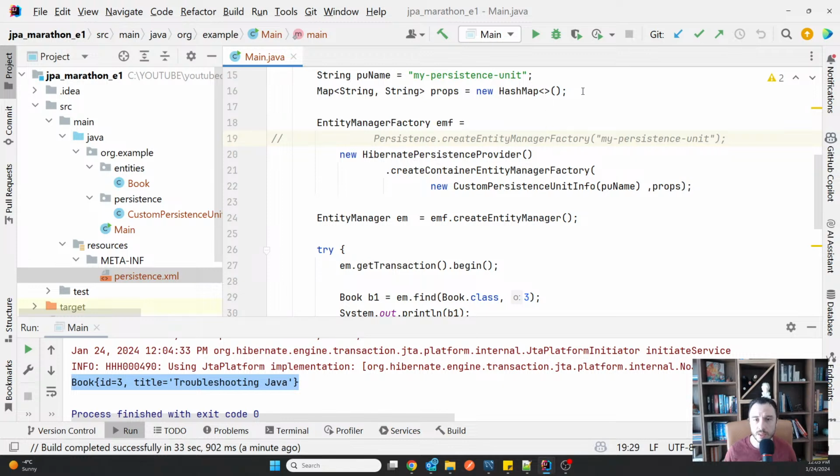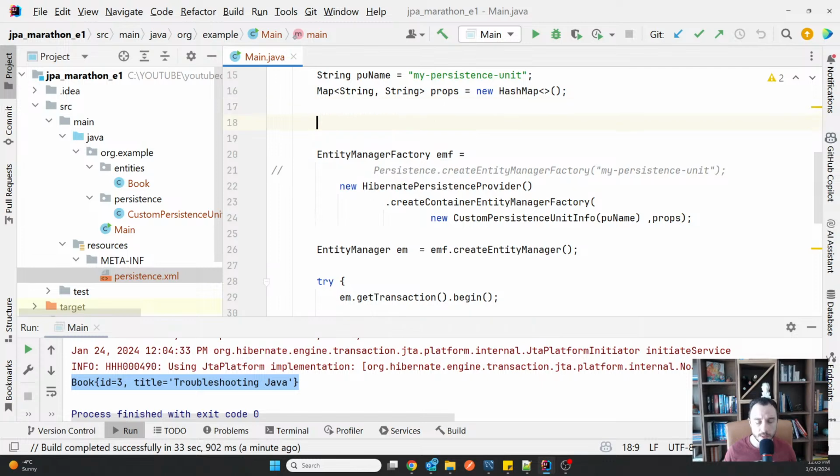The only thing I would like, however, to add here is a set of properties. So maybe you wondered, okay, I had to put this prop map here, but it was an empty map because, of course, I'm not forced to use any properties. So it's not a must for me to use any properties. I can provide them if I want, or I can simply provide an empty map if I have no properties. But if I want to give specific properties, I can do that through this map.